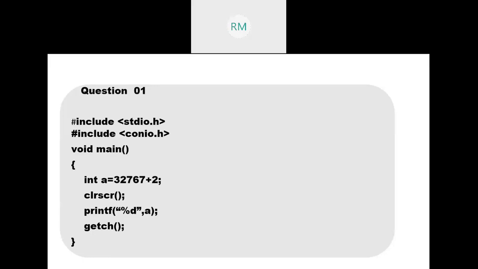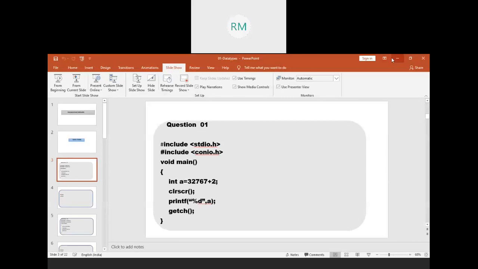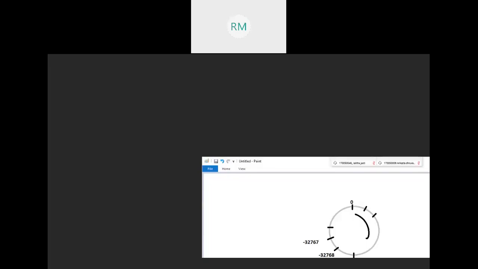Okay, so here the logic is, I will show that one diagram. Whenever these types of questions are asked, you have to follow one logic. I will tell you. In placement exams, they will give these types of logical questions. So I will share the screen and show you how to answer these types of questions. Now I will explain one question, you have to answer the remaining. I will give one or two model questions, you can answer. So in Paintbrush, I draw the diagram. You remember two logical points here to answer any type of this question.